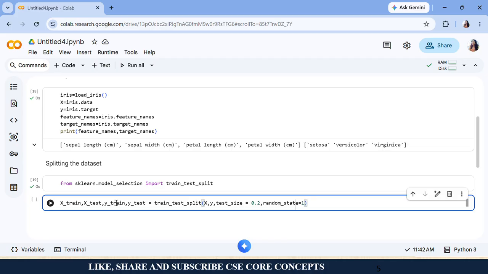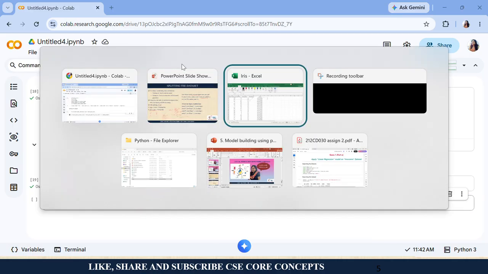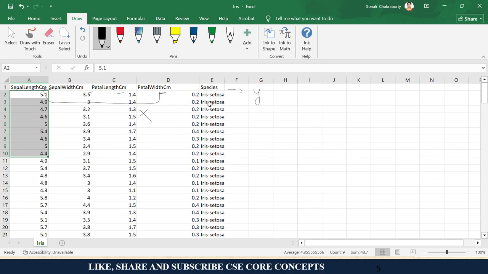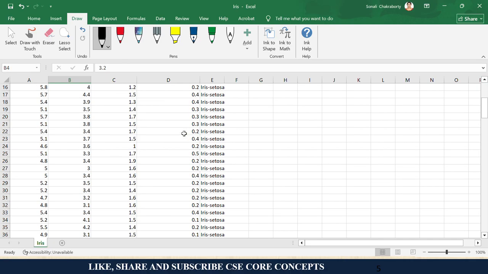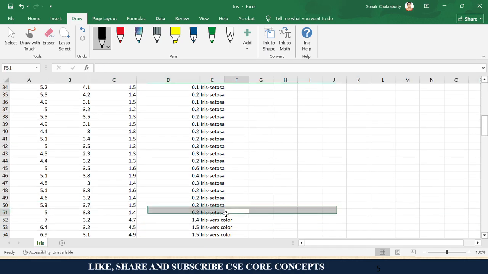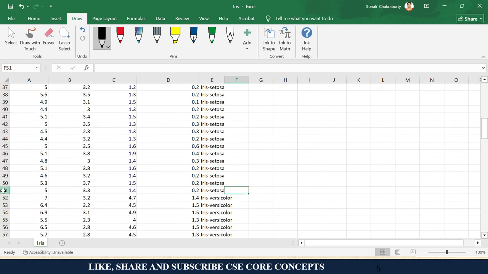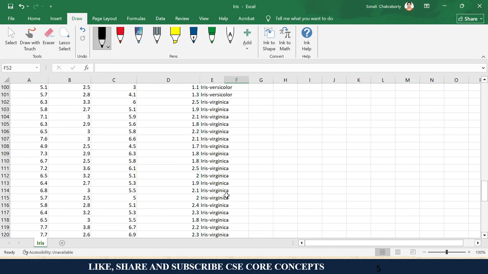This acts as a seed. Seed is used, like in R we have used seed. So seed is used to give randomness to your data. Otherwise, let me show you why it is required. See, if you see these records, how the data is arranged. There are 150 records, fine, and 3 categories. But 1 to 50 is all records of Setosa, because the first row is the header. Then 51 to 100 is all versicolor, and then Virginica.